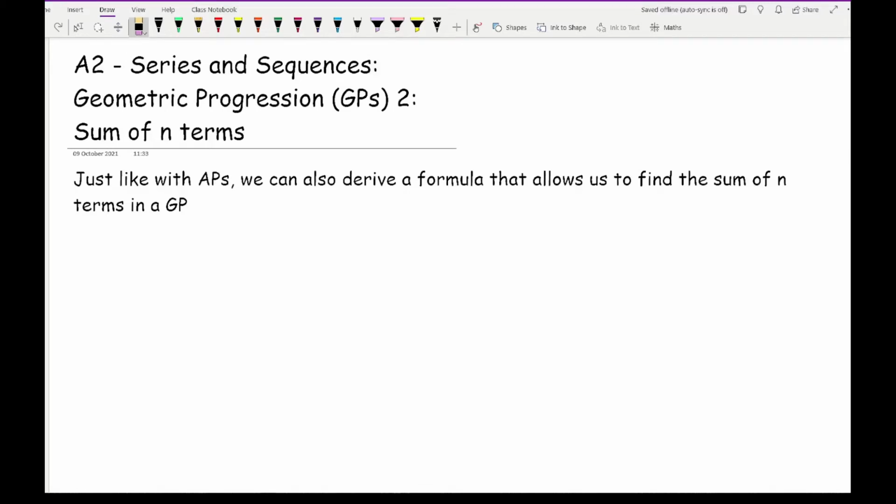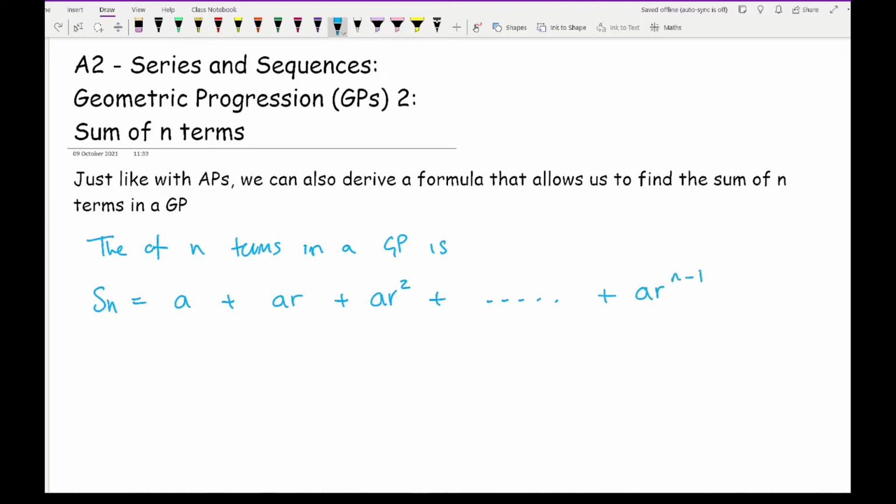Now, to do this, let's start by actually writing down what the sum of n terms in a geometric progression is going to be. Sn equals a plus ar plus ar squared, and that's going to go all the way to our nth term, which can be symbolized as ar to the n minus 1. Now from this, if we then multiply both sides